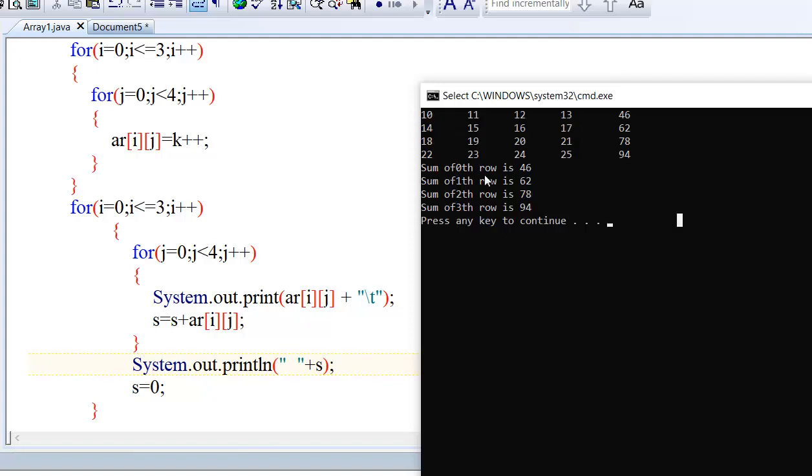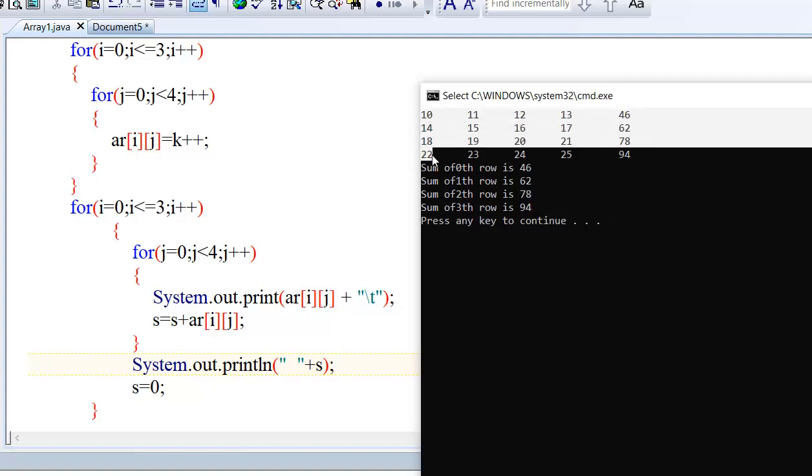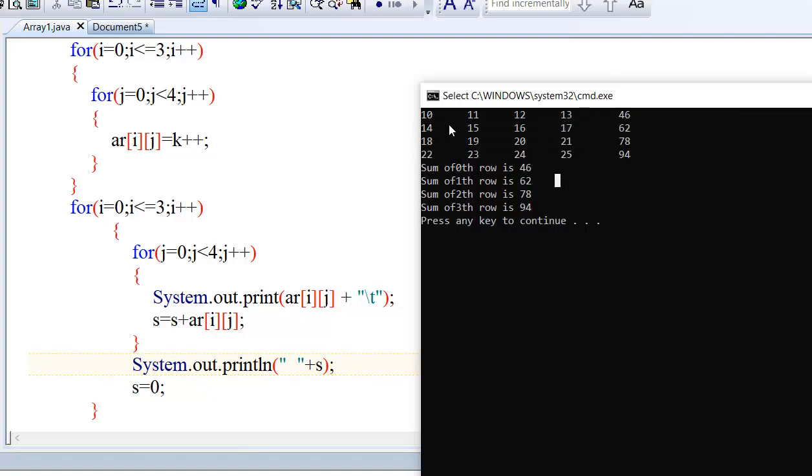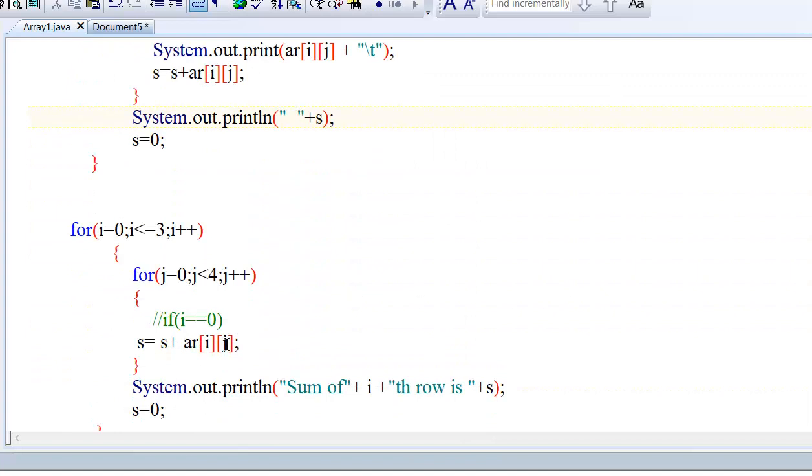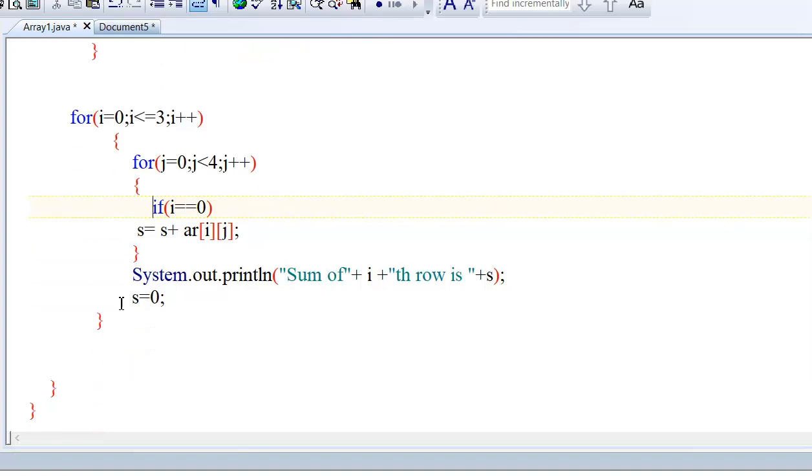See, this is one more task for you. You have to find the sum of each column. It is an easy question, not a difficult one. To find the sum of each column, now I am going to explain one more technique. Let's say, as you have done here, to find the sum of the first row we have taken i = 0, but instead of taking the sum of the first row